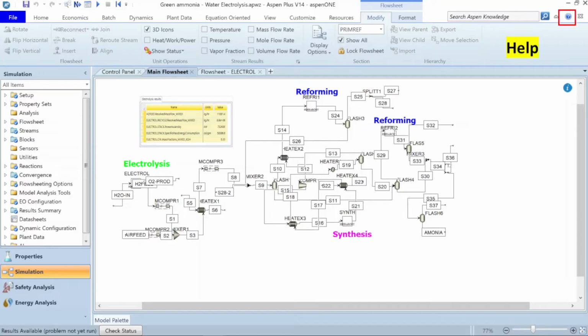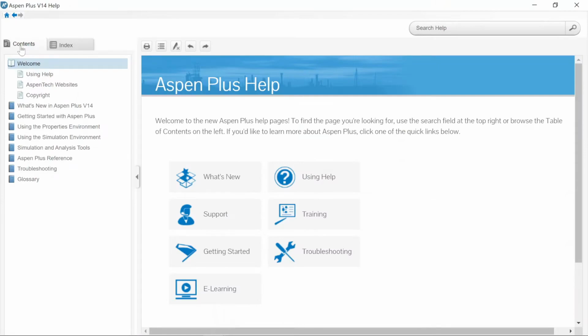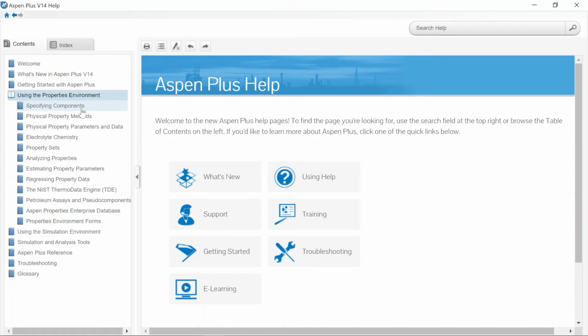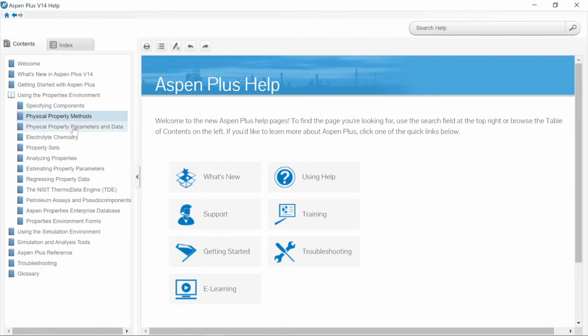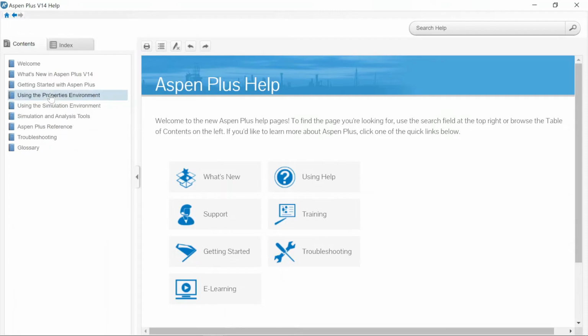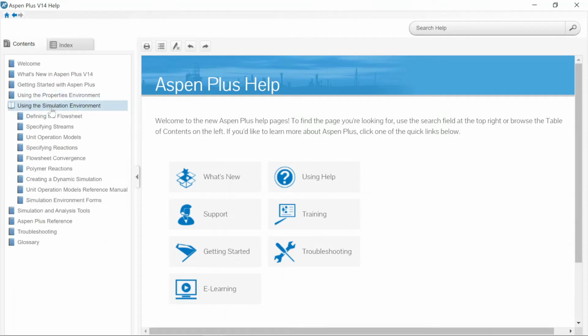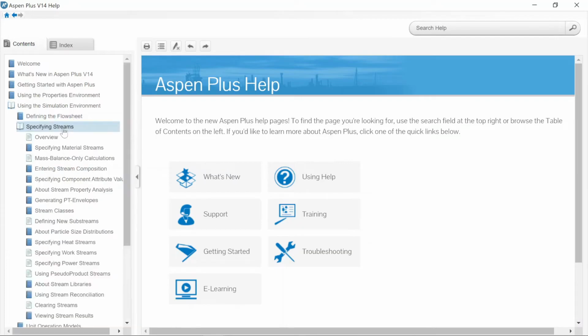Let's explore the Aspen Plus help in detail. In the content menu, there is a separate properties environment where you can get help for specifying components, specifying physical property methods, or parameters, or chemistry. There is help for the estimation of the physical properties, regressing property data, NIST thermodata engine, and so on. There is a separate section for simulation environment where there is help for defining the flowsheet, how to specify a stream,